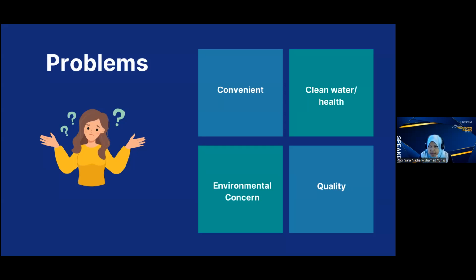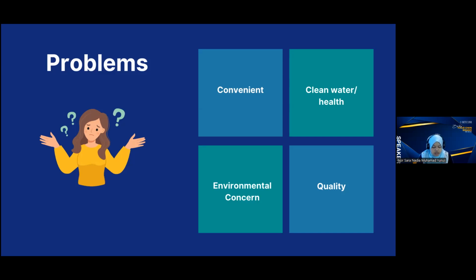That's number one. Next, this self-filtered water bottle possibly helps a group of people get better access to clean water. Maybe it is very useful during conflict or natural disaster. Obviously we are talking about health issues here. They need clean water, healthy water. So that's the second problem that we can dig out from what customers want.